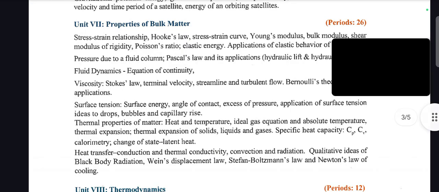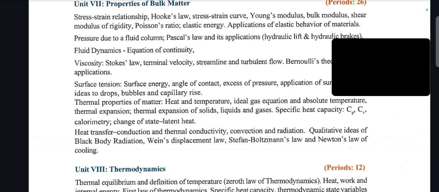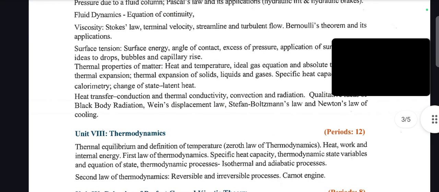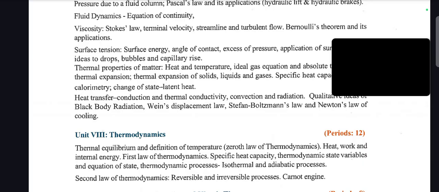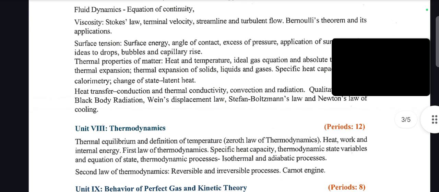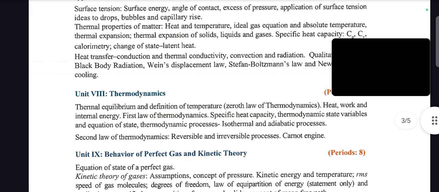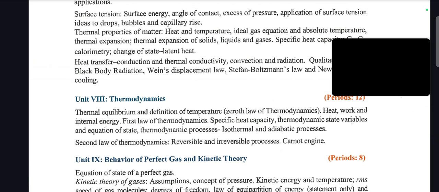Then Unit 7, properties of bulk matter: stress-strain relationship, Hooke's law, stress-strain curve, Young's modulus, bulk modulus, shear modulus of rigidity, Poisson's ratio, elastic energy, application of elastic behavior of materials, pressure due to a fluid column, Pascal's law and its application, fluid dynamics, equation of continuity, viscosity, Stokes' law, terminal velocity, streamline and turbulent flow, Bernoulli's theorem and its application, surface tension, energy, angle of contact, excess of pressure, application of surface tension,